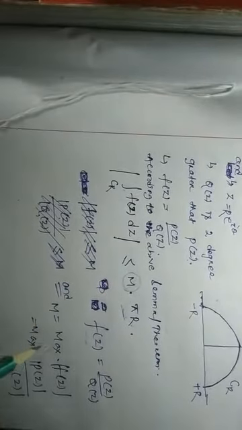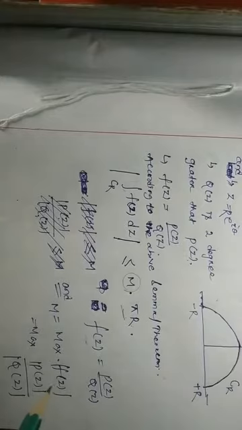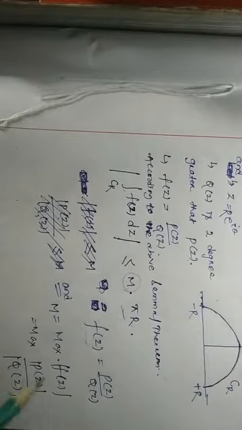But what is M? Now we have to find out the value of M. Carefully watch what I am going to say about M. M is nothing but the maximum value of the modulus of f(z). Here one thing you have to recall: as z is our complex number, f(z) is a complex function, hence p(z) is a complex function, q(z) also a complex function. The maximum value of the modulus, what will the modulus be?